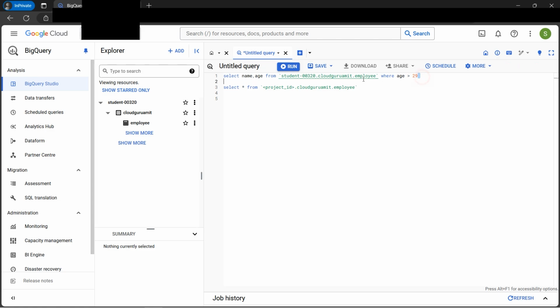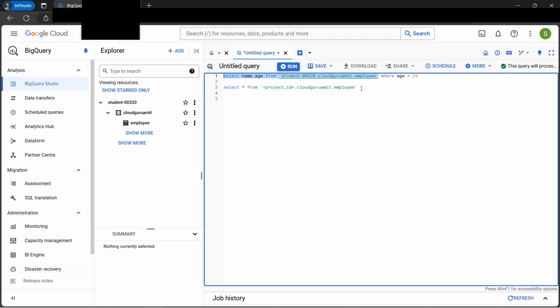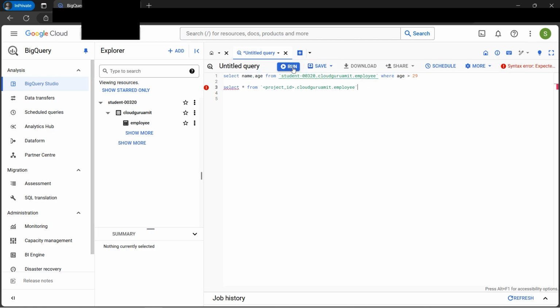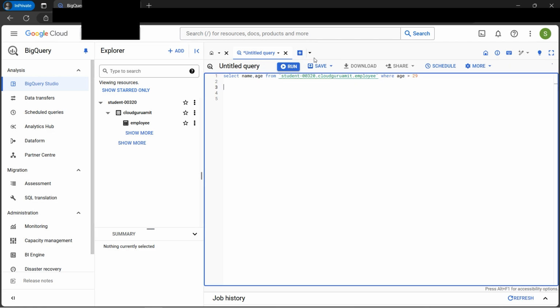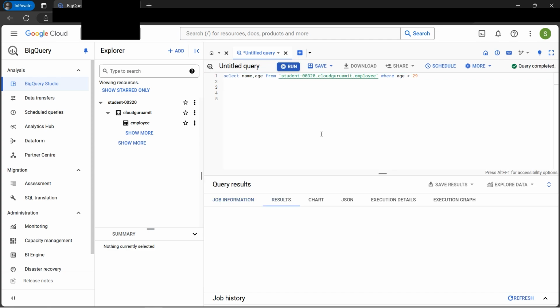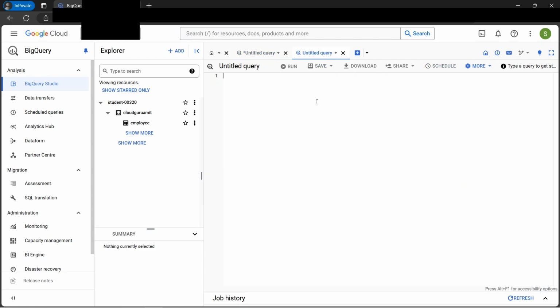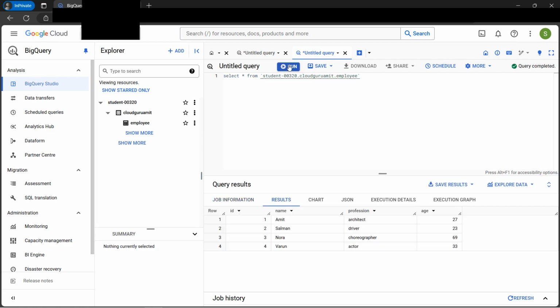Let's run this for now. We can also do a select star. Let's do Control C, we'll paste it later. Let's delete it. Let's run this. So yes, we got the output of the query because of age greater than 29. Let me now expand and do the select star to show you what the CSV data looks like,